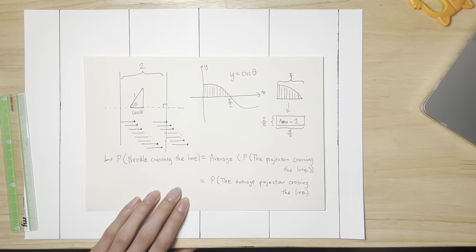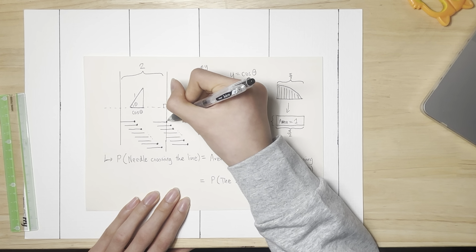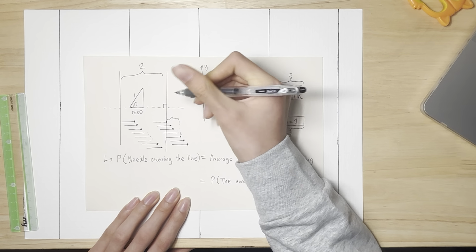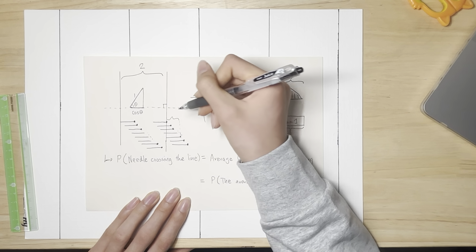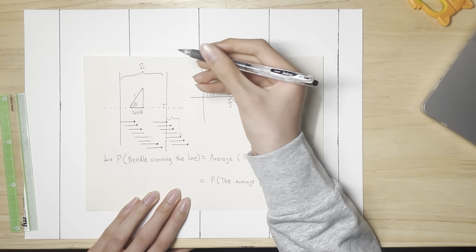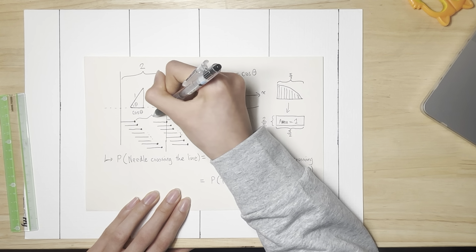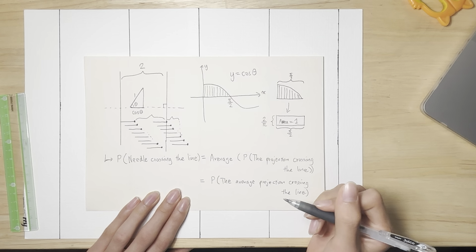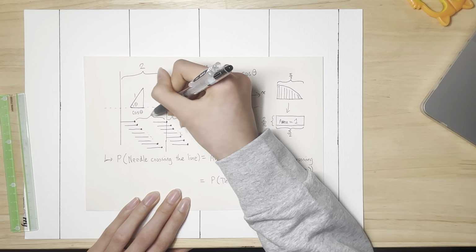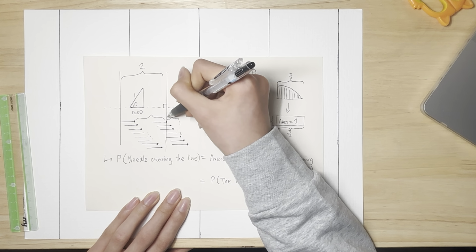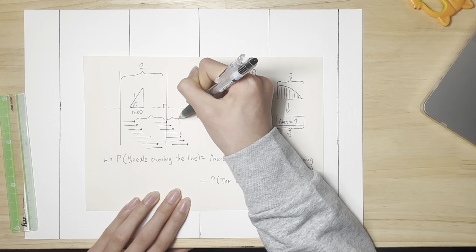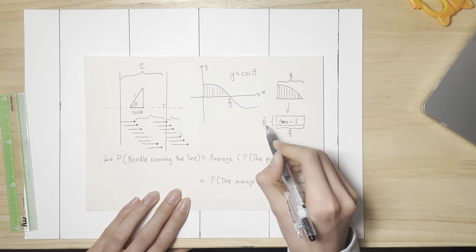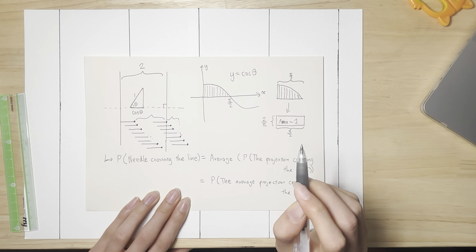Now, when the dot is in this part, the projection crosses the line. And when the dot is in this part, the projection doesn't cross the line. And since this whole thing is 2, and the length of this part right here is 2 divided by pi, which we have calculated earlier,